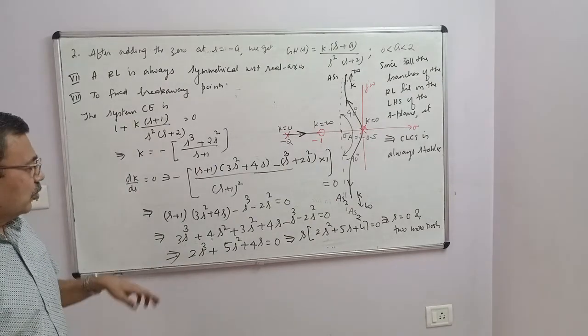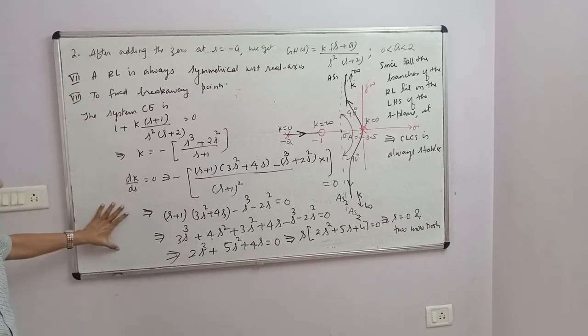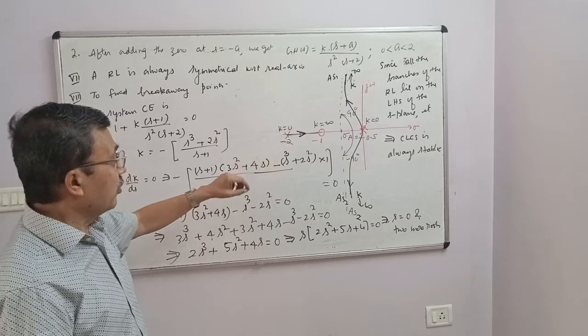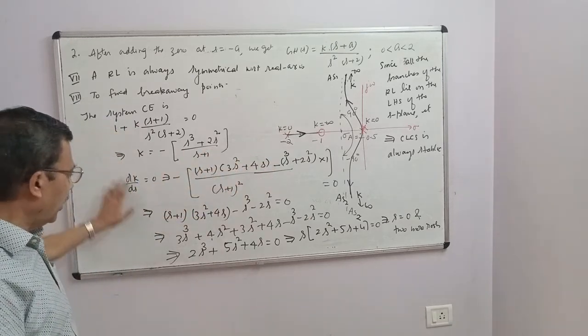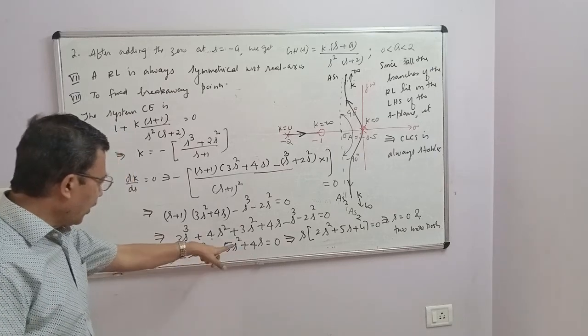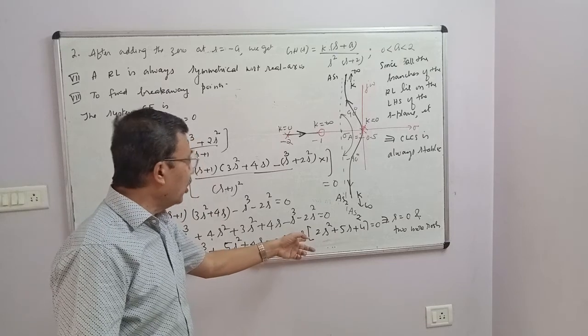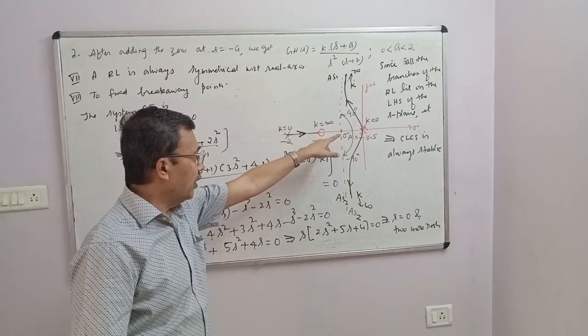Always stable. So one thing is, in the examination, even if you don't do this step, you may get marks because there is no breakaway point. Sometimes a breakaway point may still come. I'll show you the next problem. In this case, you get a cubic equation, so there will be three roots. Two roots you find will not lie on the root locus. The other root is s equal to 0, which is the origin itself.